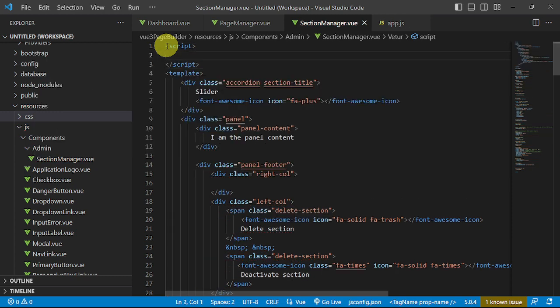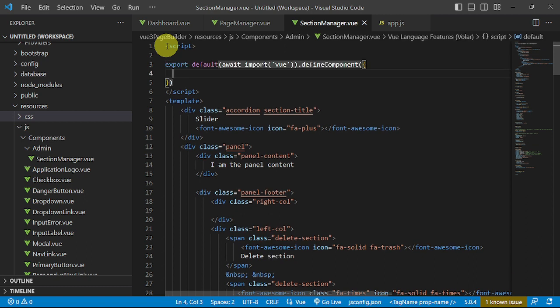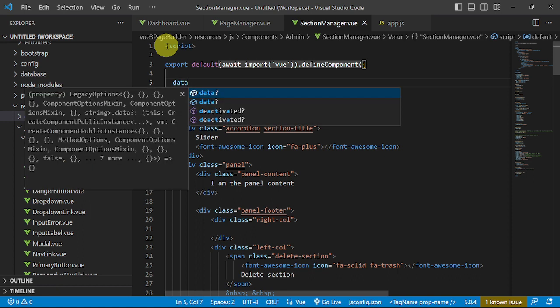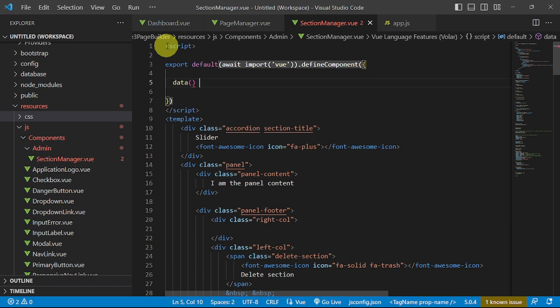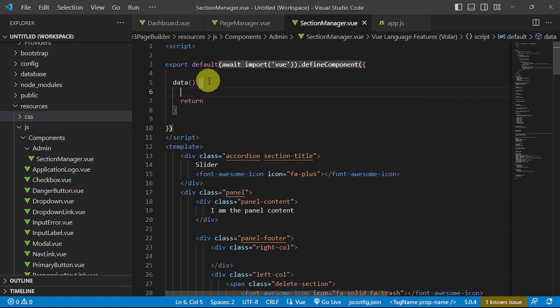And I want to export default, and inside this default object that we're exporting, we want to define our data property, and the data property is actually a function that returns an object. Inside that object we have all the data that we need for this component. And we want to return,